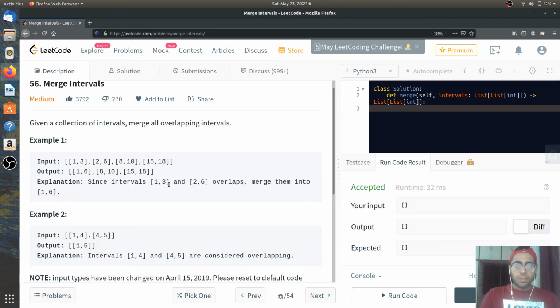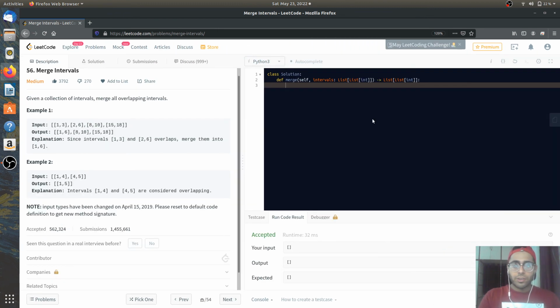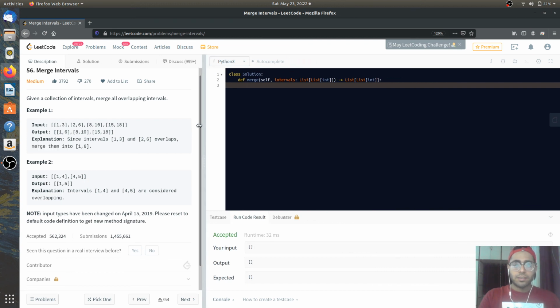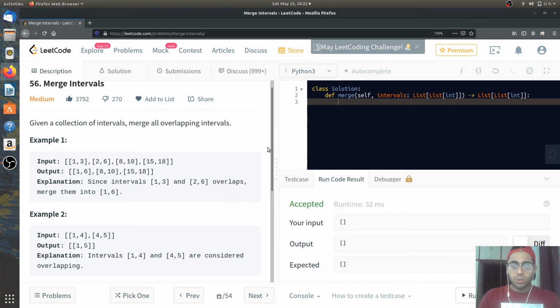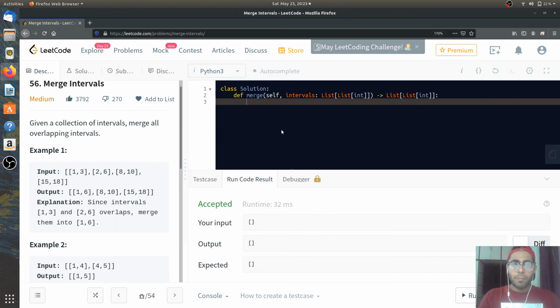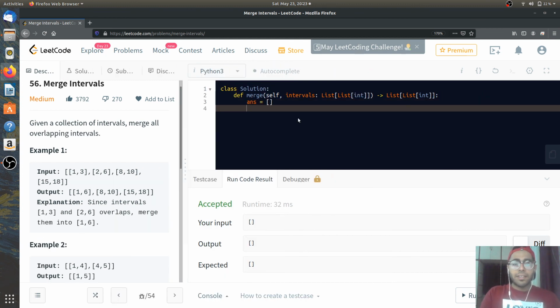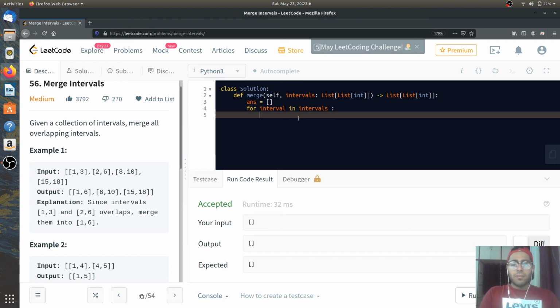So let's start coding this out. Let's create an answer array. Then for interval in intervals, right, initially this is going to be empty, so we're just going to append the current one.